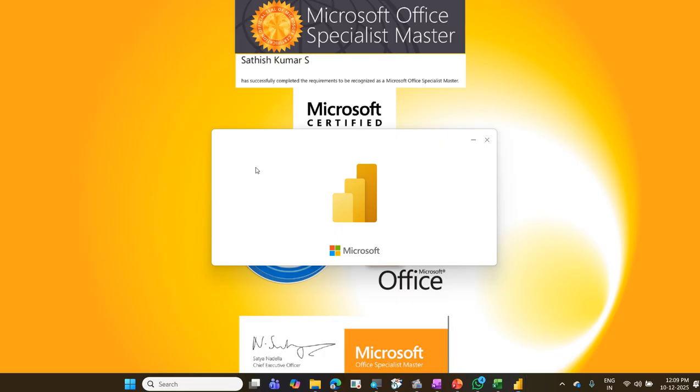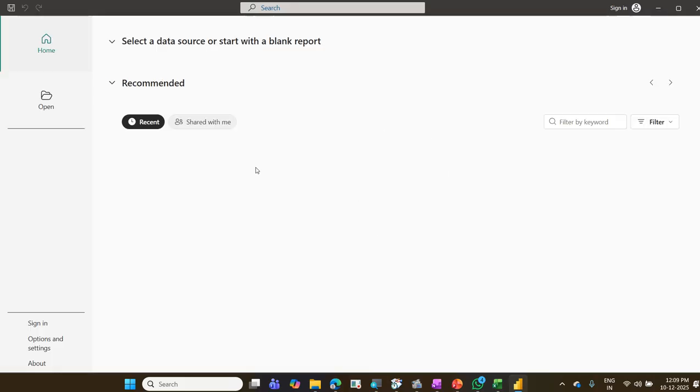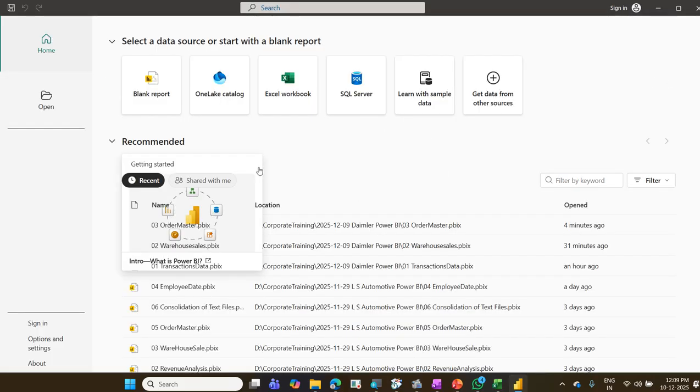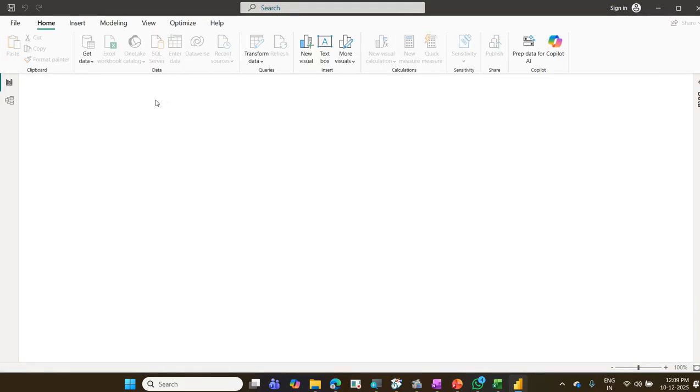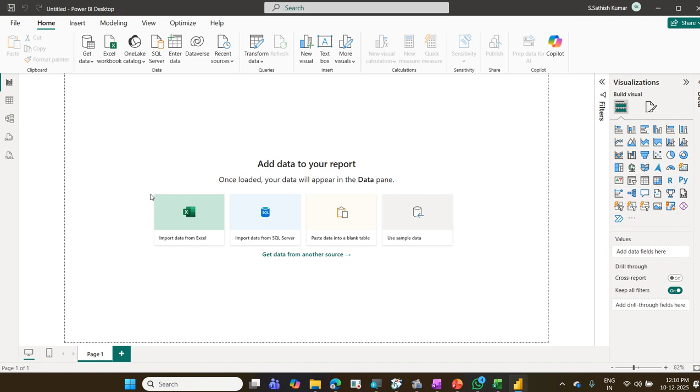I don't want to get confused. I don't want to disturb it. That's why I'm not doing it. In one report, you can create any number of data sources. Now, let me go to Home tab, Get Data, then more, then folder. I didn't create a folder, but let us select the folder, connect,